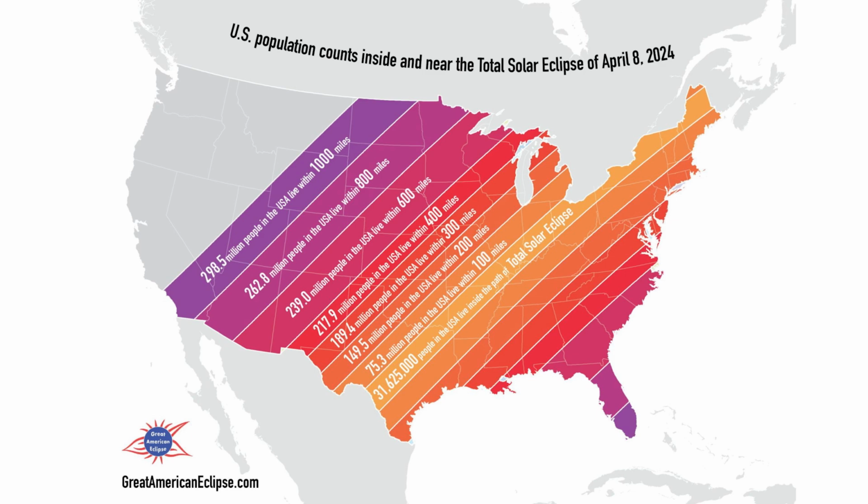So here are some statistics about this eclipse. Here is the path of totality right through here, and there's about 31.5 million people that lie within the path of totality. And just outside of it, within 100 miles, there's another 75.3 million people. Within 200 miles, there's another 150 million people. So there's a lot of people that are within driving distance of this total solar eclipse,